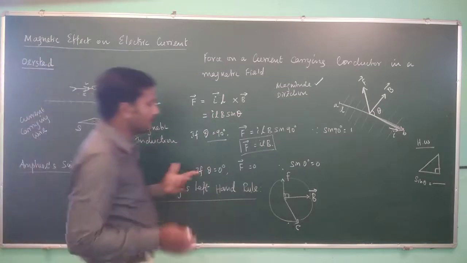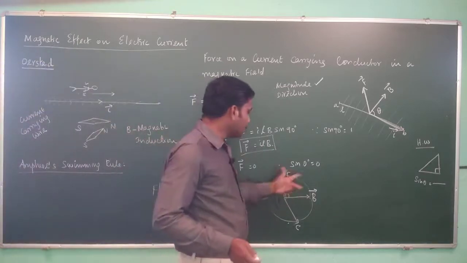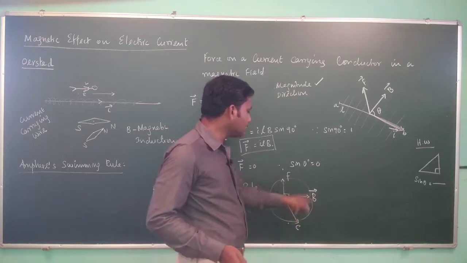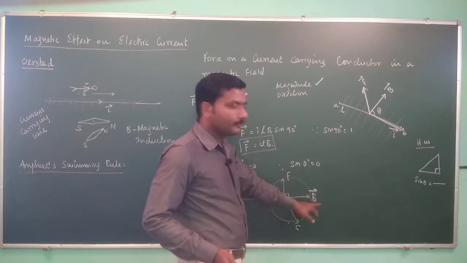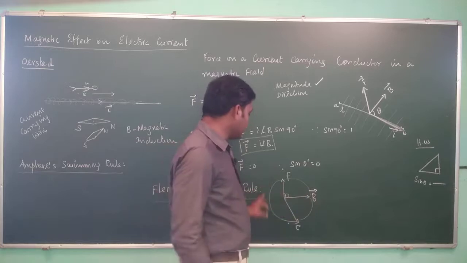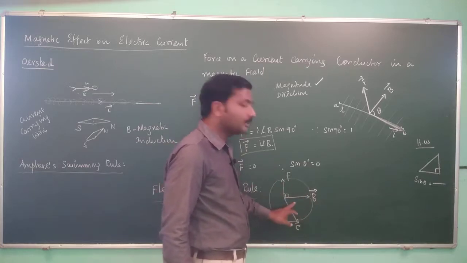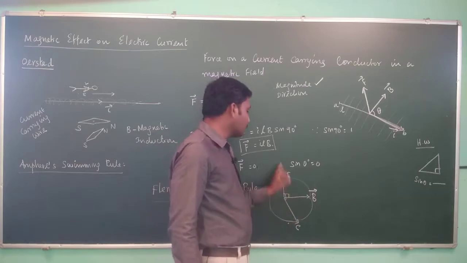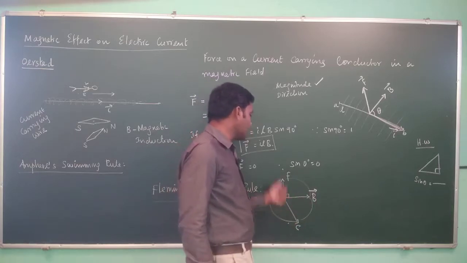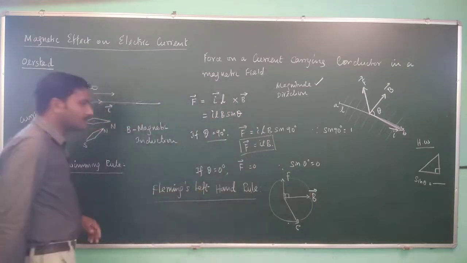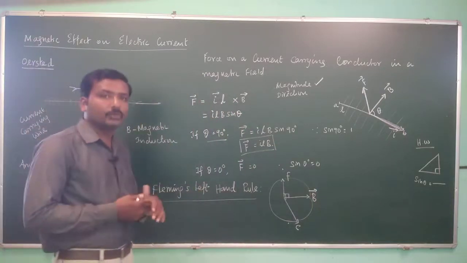Very simple. You consider three fingers, right? You can connect these three lines. On the right side it will give you B, which you can put in the middle line. If you connect, it will give you C, so you put it here. So B and C are perpendicular to each other. In that case, the force will be perpendicular to both of these and directed outwards if B and C are directed outwards. So this is Fleming's left hand rule.